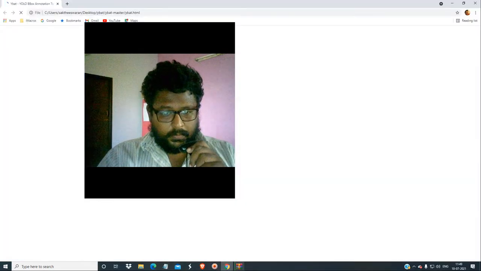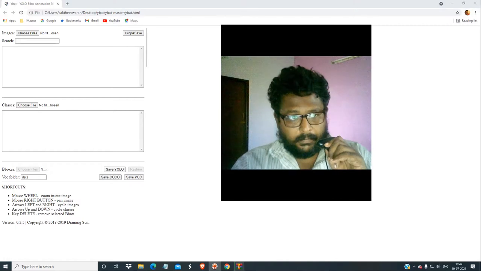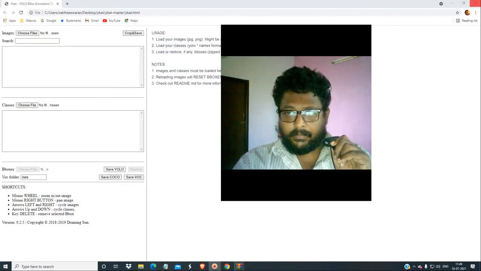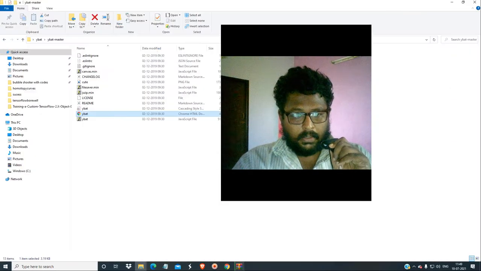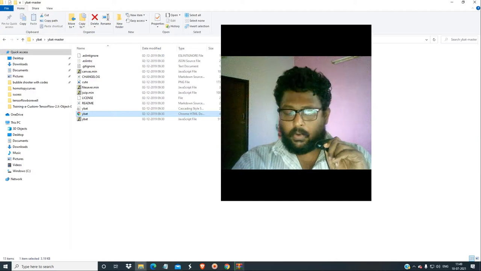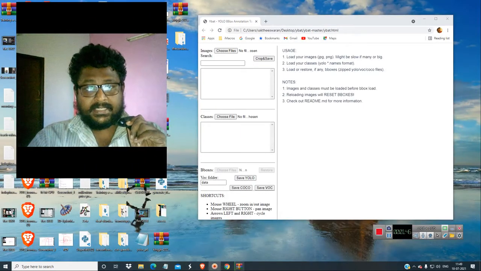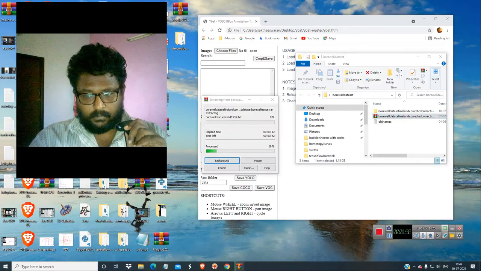So this is YOLO BAT. It is an annotation tool which you can get from GitHub. I will tell you how to use it. I have just downloaded it from GitHub and opened this index.html. That's it, no installation, nothing. I have annotated the images in the YOLO format. This is getting unzipped. I will show you how to convert it to TensorFlow format.